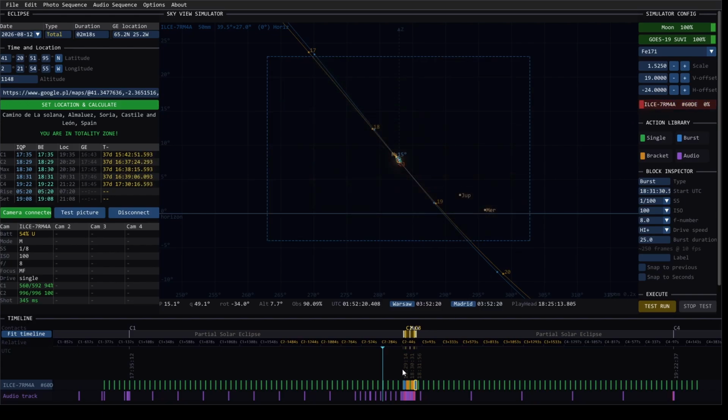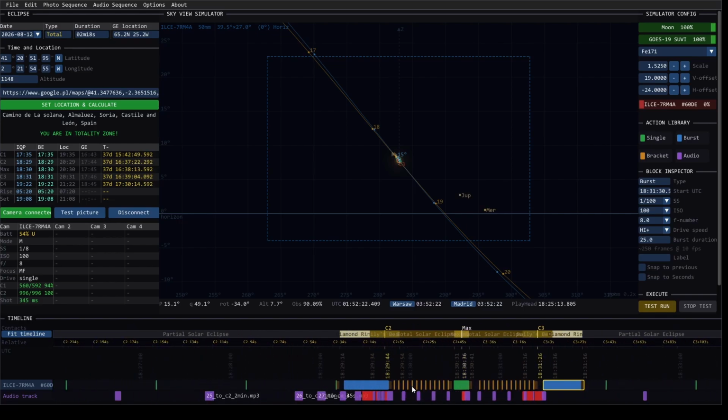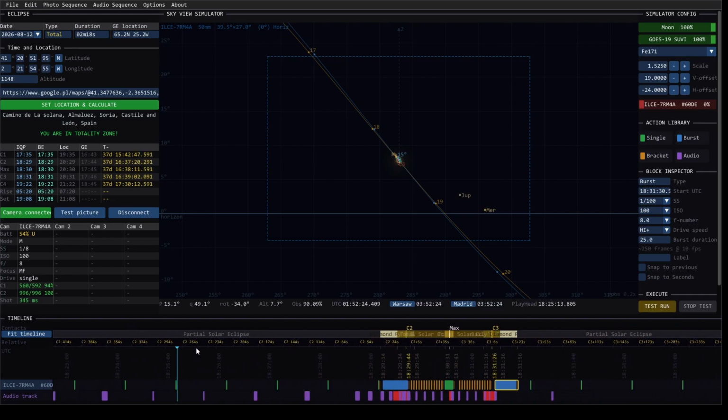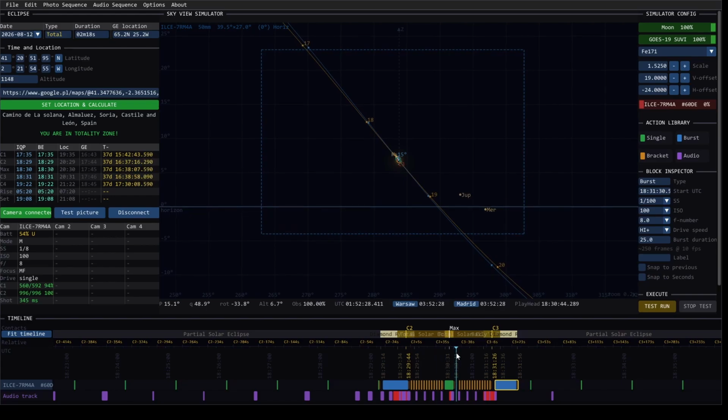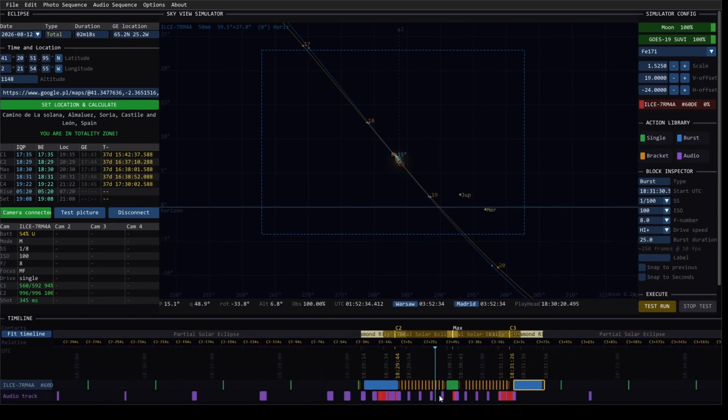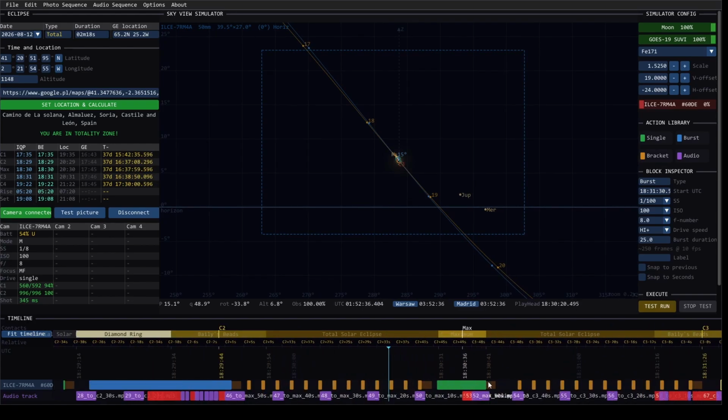actual observation site. This means you can stand at your location days or minutes before the eclipse, look at the live feed next to the simulated position of the sun, and immediately see whether your framing, leveling, or tracking matches what you planned. If your tripod is slightly off or your fisheye isn't capturing the horizon the way you expected, you will see it directly on the screen and can correct it right there instead of discovering it too late during the totality